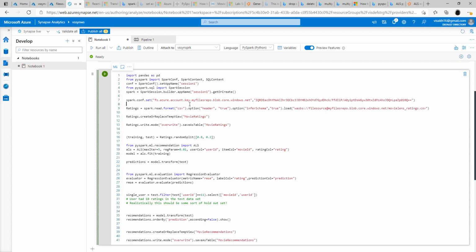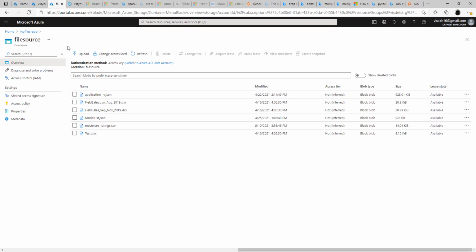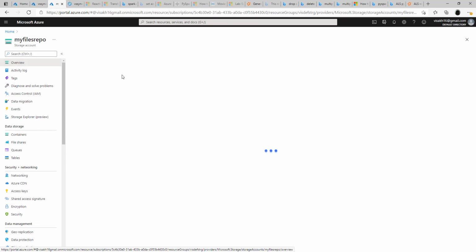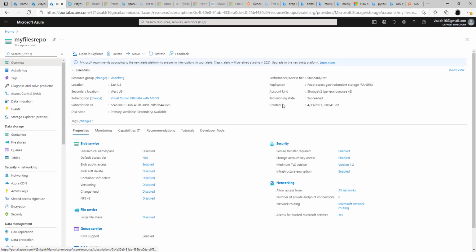So the important part here is the name of my blob storage account which I have created, and the second part will indicate the account key. Both of these you can go to the blob storage account and get. So if you go to the overview screen, you can see the URL for that.